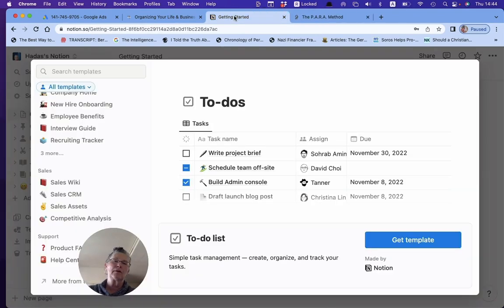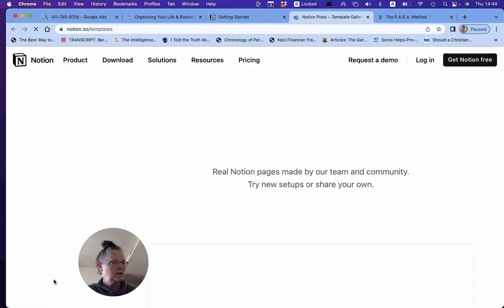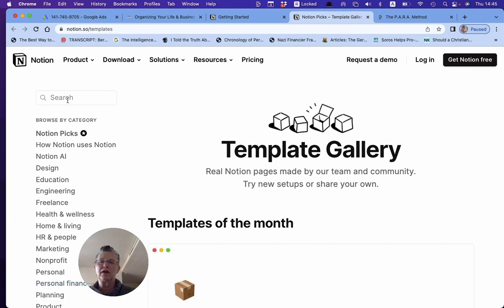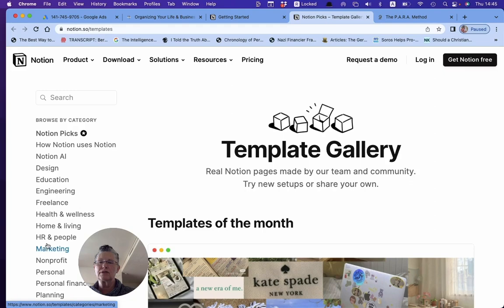Then we're going to add one more template. Don't worry, the ones you're going to choose are in the email. All right. And then the other one you're going to choose is under